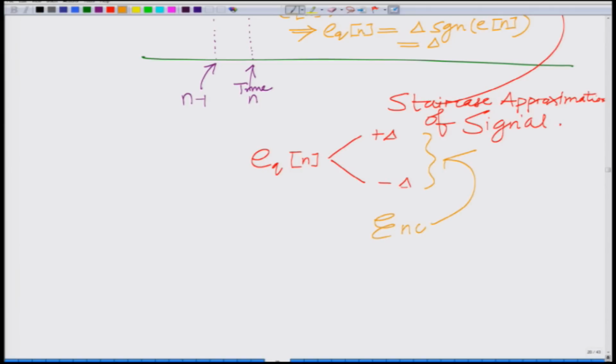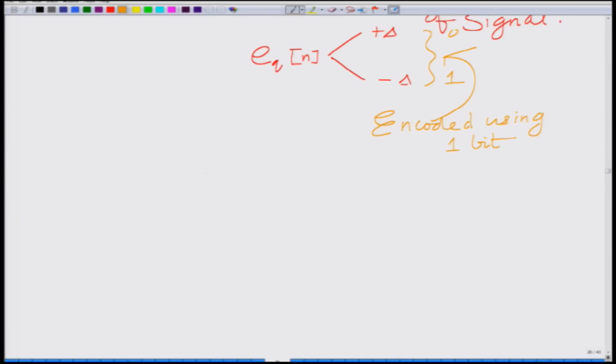So, either we have, let us say, plus delta corresponding to 0, and the level minus delta corresponding to information bit 1. Now, for instance, we have this difference sequence: delta, minus delta, minus delta, delta, minus delta. Corresponding to this we can have an encoded bit sequence: 0 1 1 0 1 and so on. So, this is the encoded